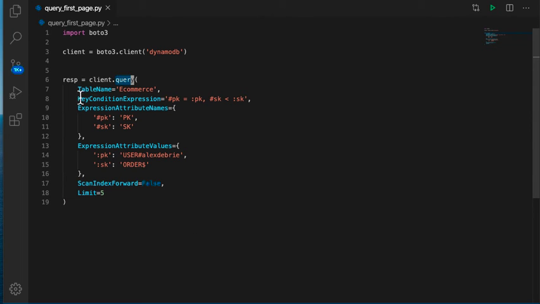We have our query operation here, and we're working on our e-commerce table. Again, we've got our key condition expression where we're matching the PK for a particular user, and then we're saying we want all of them where the sort key is less than this given value. For our sort key, we're just starting at the very end of those orders. So we're saying order and then $, which is going to get after all the order items. And then we're just saying, hey, give us 5 of those because we only want to return 5 on that